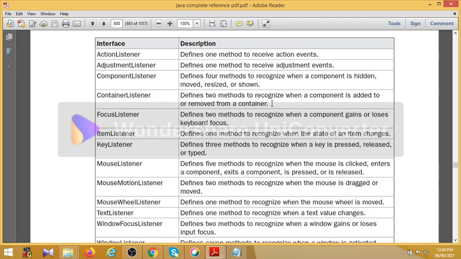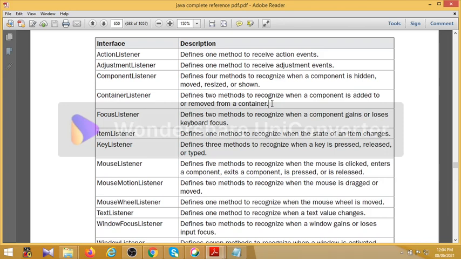Next one is ItemListener. It defines one method to recognize when the state of an item changes.